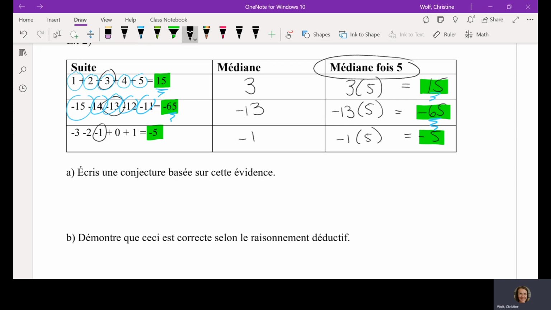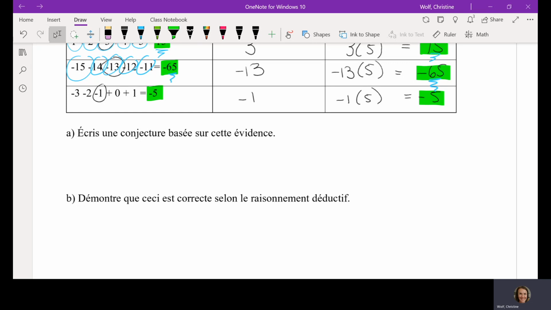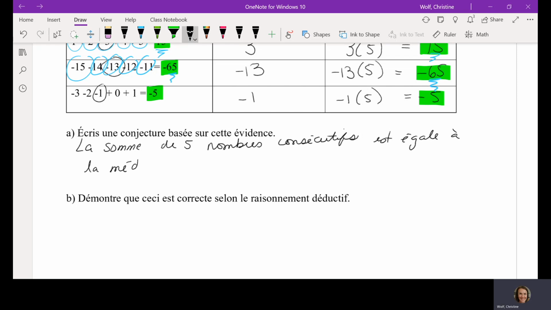So, notre conjecture, on va écrire une phrase. OK? So, la somme de 5 nombres consécutifs, OK, est égale à la médiane fois 5. OK? Quand j'ai fait cette question une autre fois, les élèves ont dit, OK, bon, madame, ici, tu